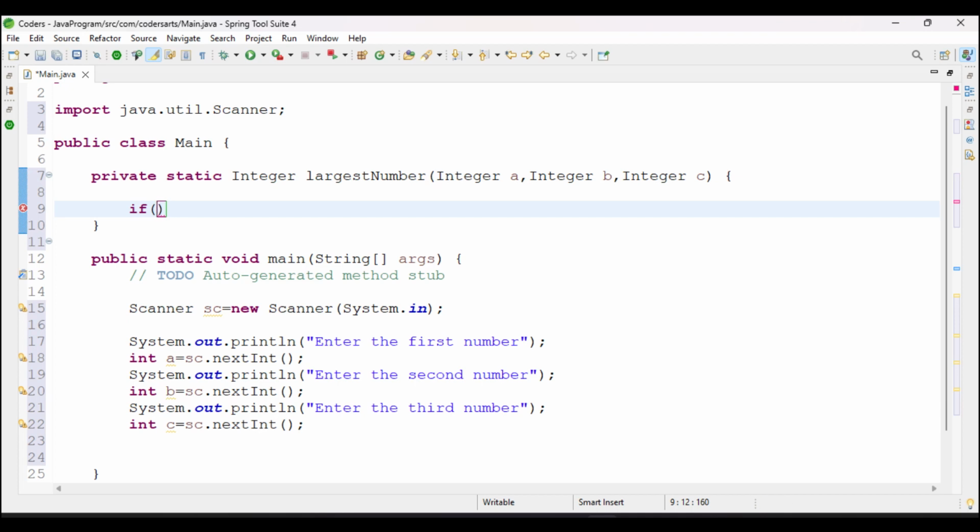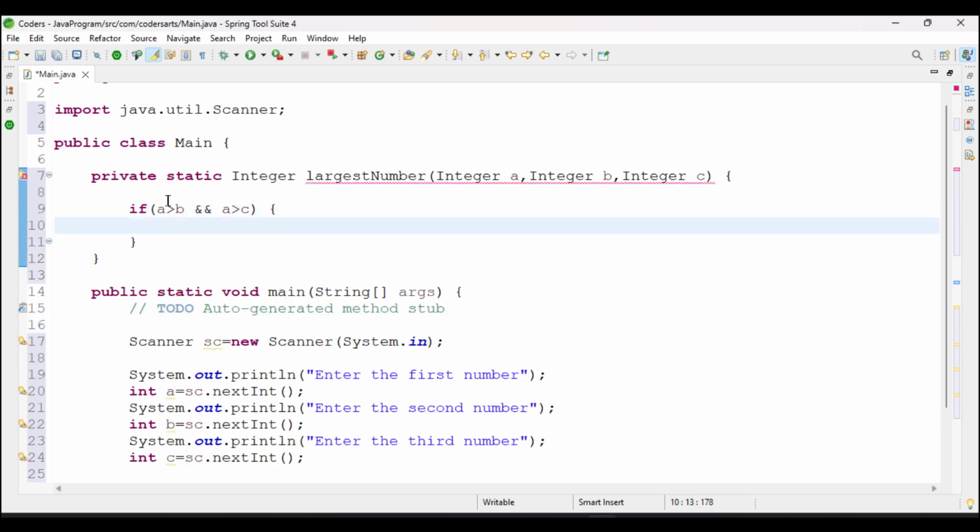So I will check that if a is greater than b, I have to use the and operator because I have to check both with both integers. That is why I have to use and, and I have to just give a is greater than c. So if my a is greater, a will be the maximum of b and c, so I have to just give the condition and I have to return